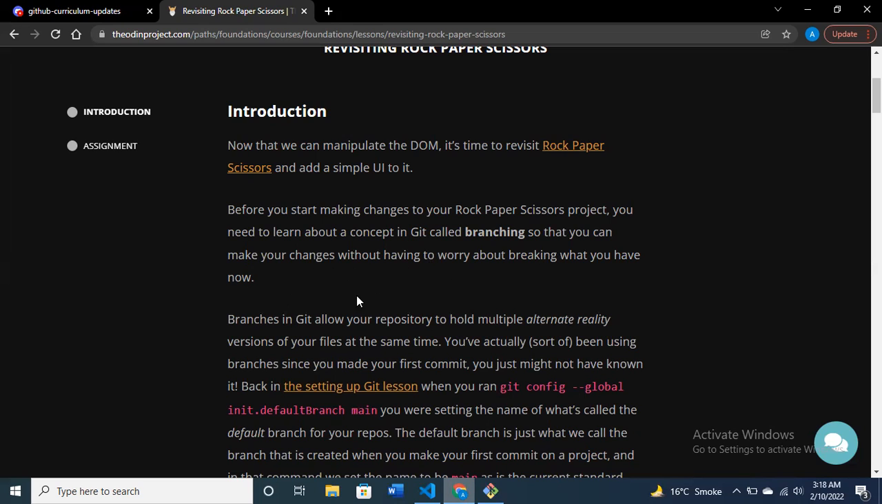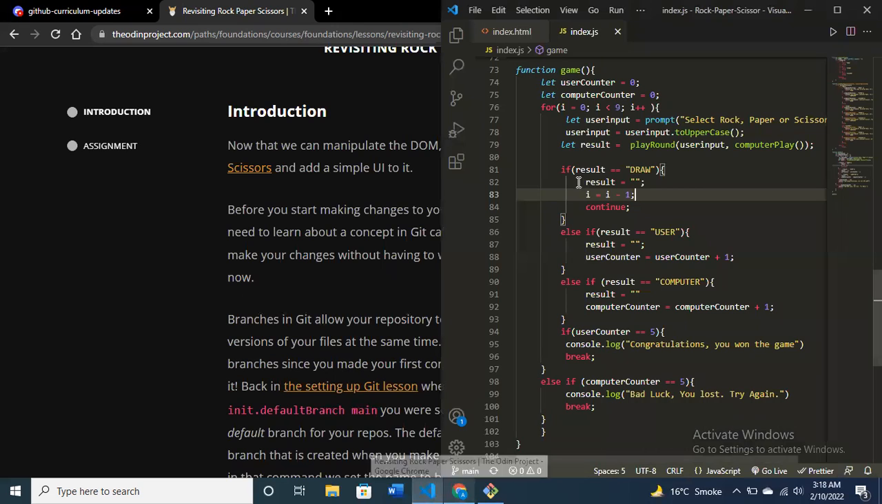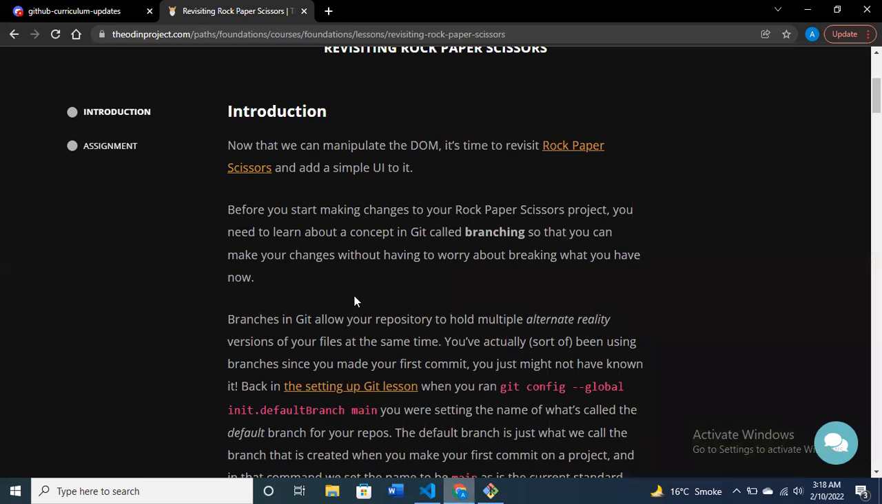About branching what you have now. Okay, so I'm guessing we are adding UI to this project and we don't want to change anything from this. So we will branch this project and make changes to that branch. I'm guessing that is what Git branching is. Branching in Git allows your repository to have, yeah,